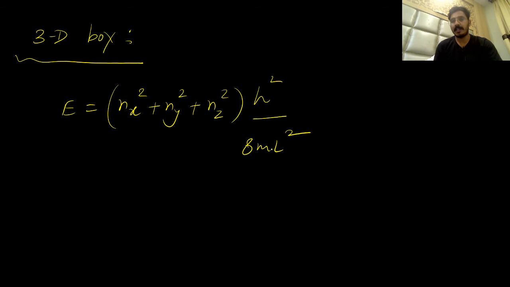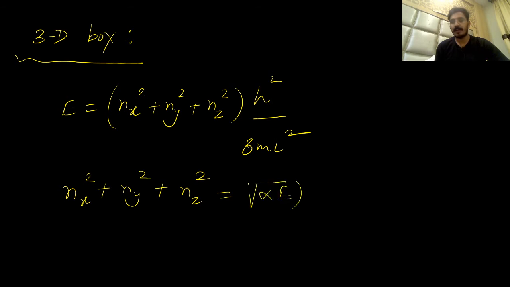This has been solved for electrons, so the mass here is of the electron. This has nothing to do with this derivation, but there is one concept that has to be understood clearly, that's why I'm writing this. So this can be shifted here, and this will become some constant times energy. So I'm writing this as alpha E, and the square root can be written like this,